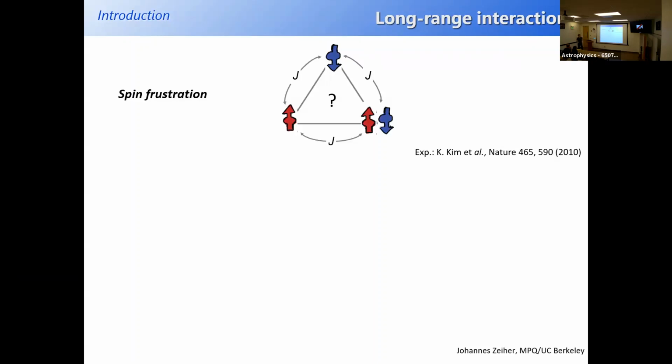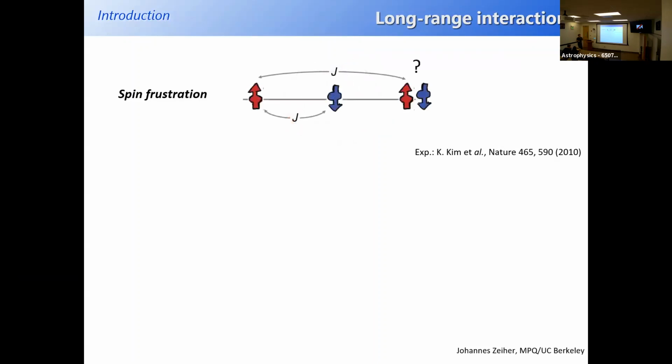For this, you don't need long-range interactions, but you can actually transform the system into a linear chain, and you will have exactly the same configuration, where a third spin doesn't know what to do when 2 spins are fixed, if interactions extend beyond the nearest neighbor. So it's a competition between the nearest neighbor interaction and the next nearest neighbor interaction. This is the theme that I think long-range interactions are ideally suited to explore, and this has actually been experimentally demonstrated in this very simple toy model with optical ions.